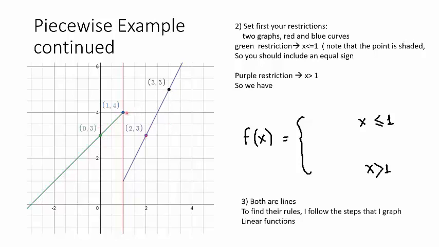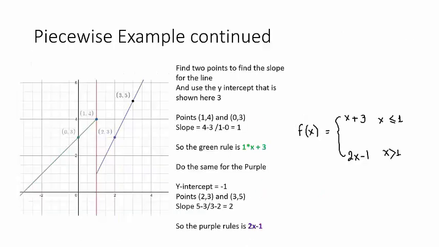Let's find the rules now. For the green line, we can see that the rule is x plus 3. Why? Because 4 minus, if I want to find the slope, then